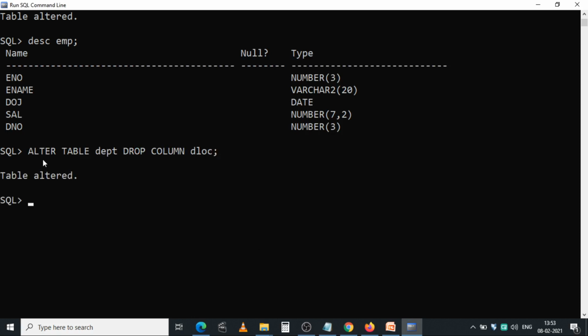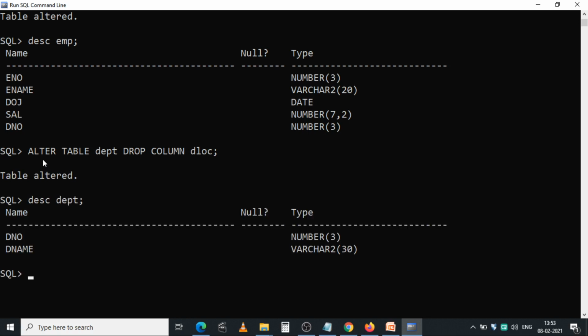Okay, so then it displays table altered. Now just see the description of the table by using the describe command. Okay, it shows, just see this output description: the DLOC column is eliminated or removed from this database structure.